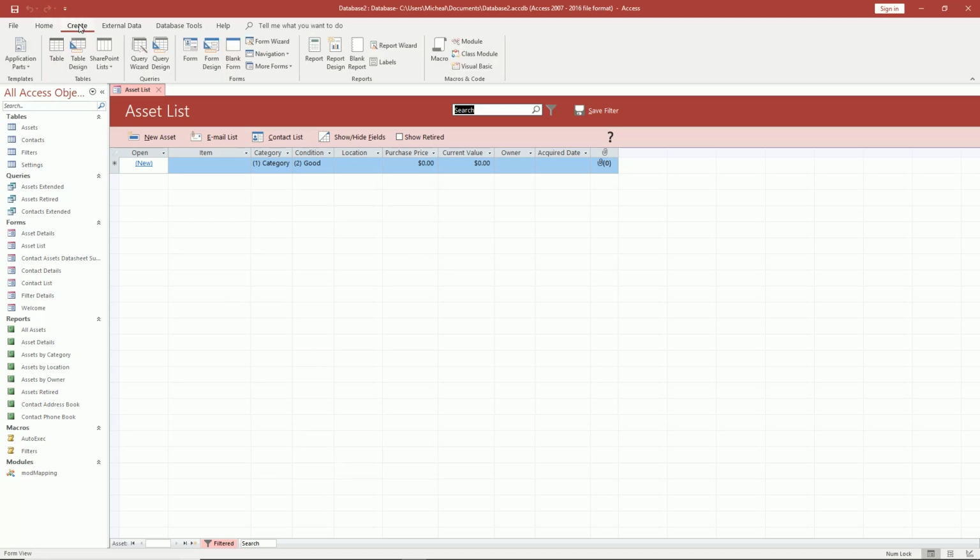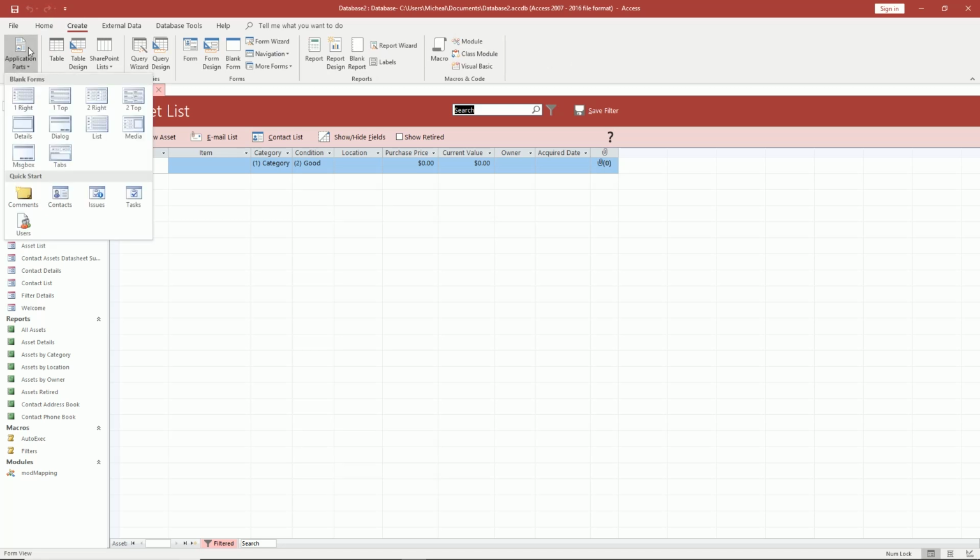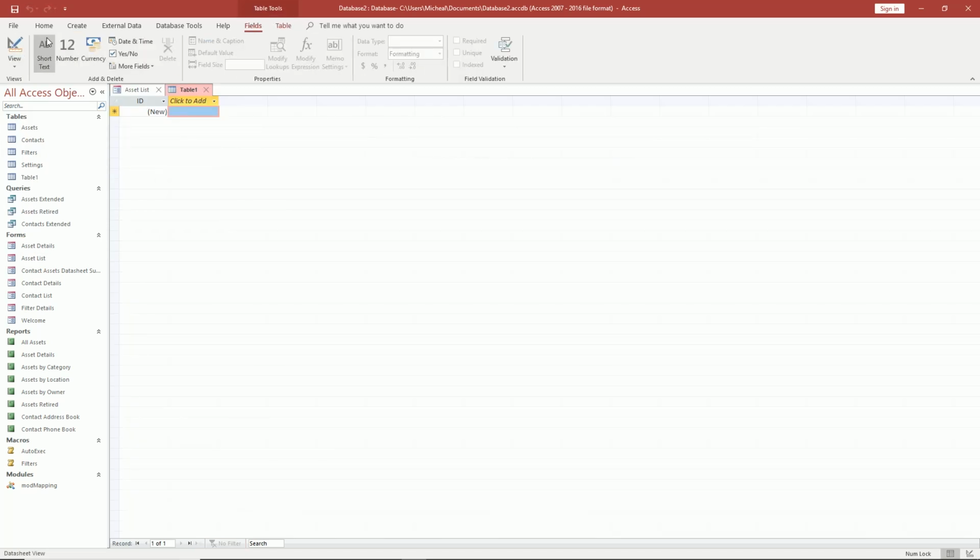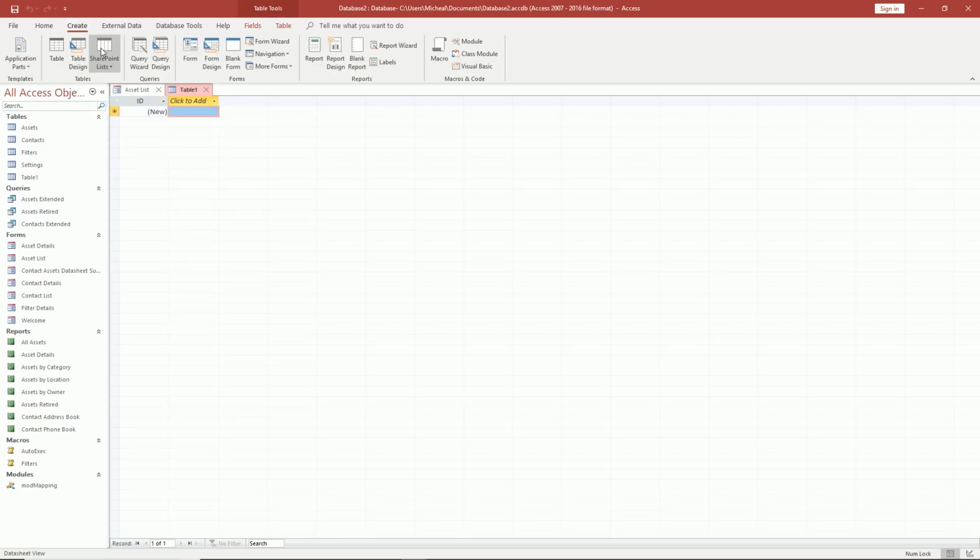When you hit create, you can add blank forms. So one right, one top, two right, two top, details, dialogue, list, media, message box, tabs, comments, contacts, issues, tasks, users. You can add a table, table design, SharePoint lists. Okay. Query wizard, query design, form design, blank form. And then they have the form wizard, navigation, more forms, report, report design, blank report, report wizard, labels, macro module,